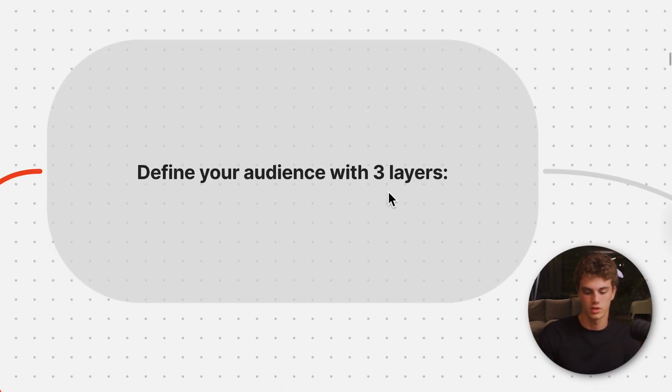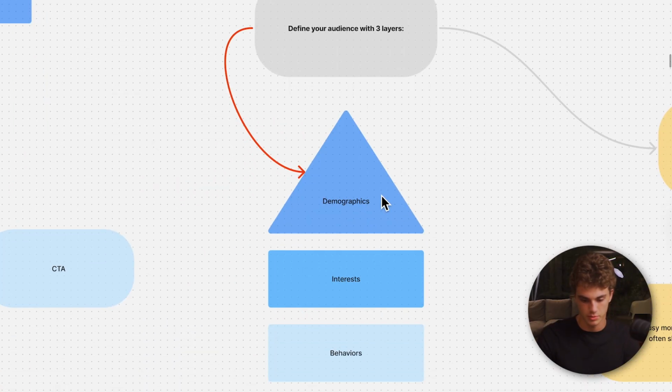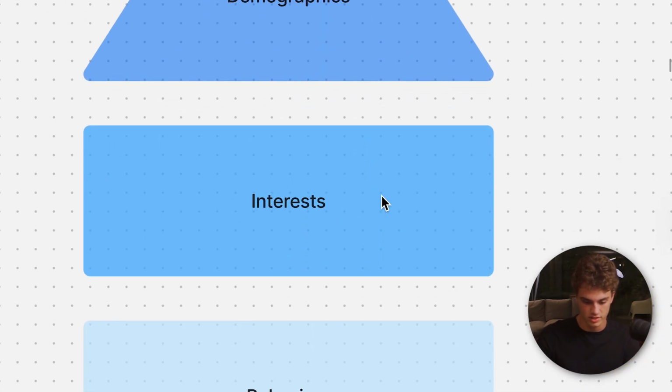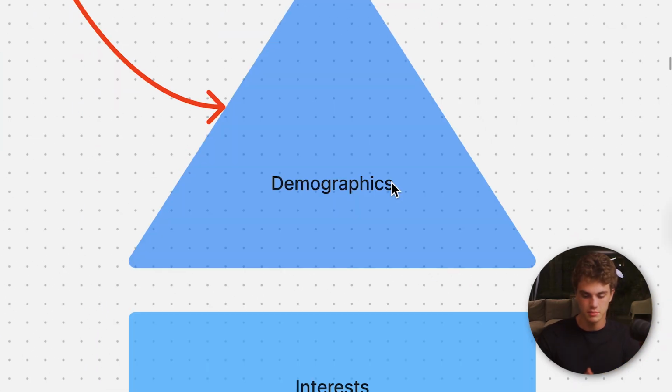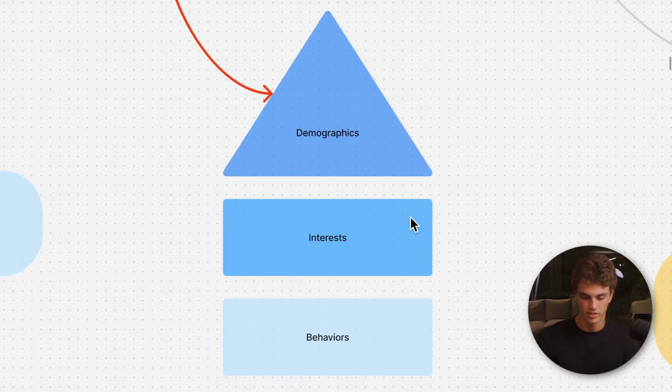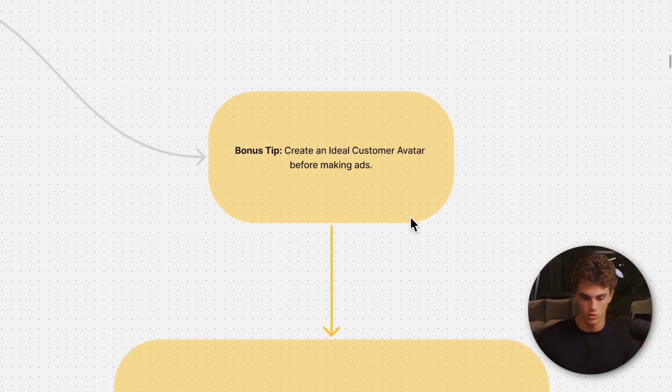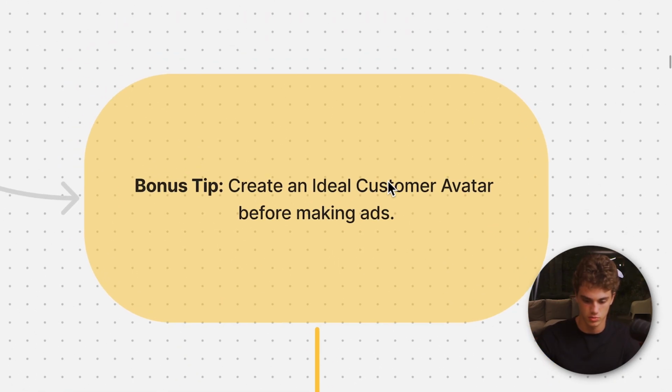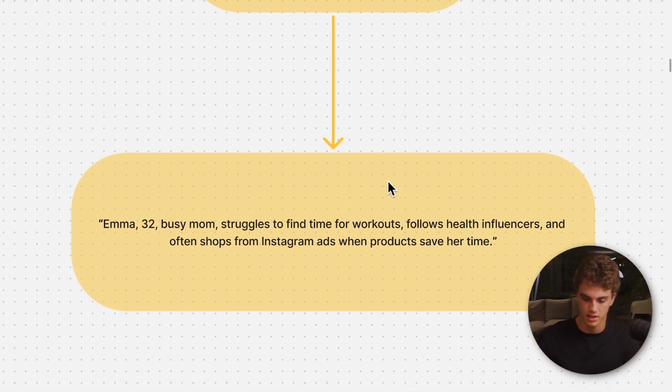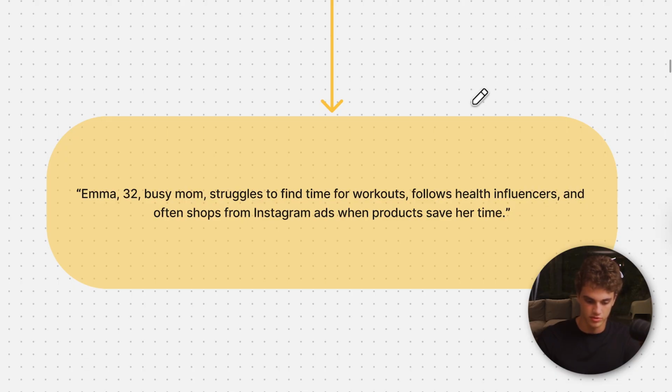Now we can define your audience with 3 layers. First will be your demographic, then the interests, and then the behaviors. Now this can be a bit difficult to actually dissect and understand, but in a general idea, you can kind of get the hang of it. And from the layering over here, you can also come up with your own ideal customer avatar, which is something that is very useful when it comes to actually putting together who your target audience is. So if we take that same example as before and we use Emma, give her a random name, no clue who Emma is,